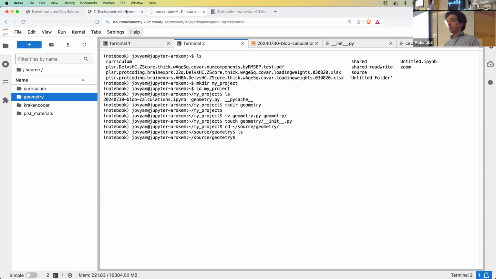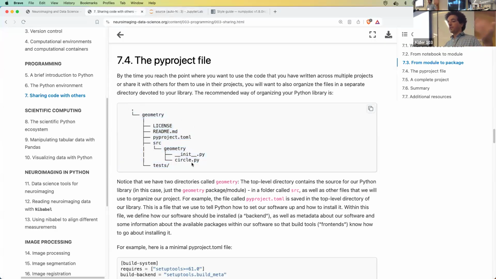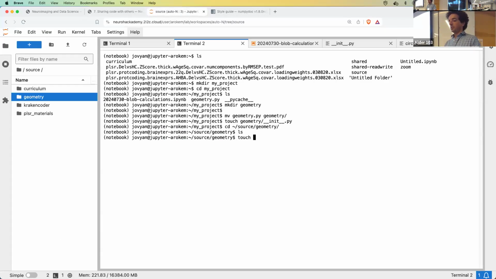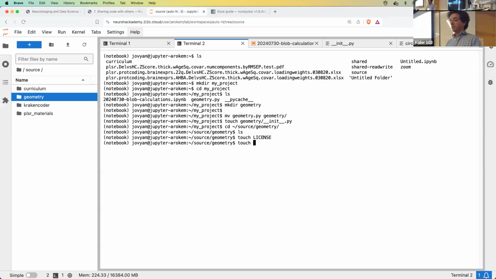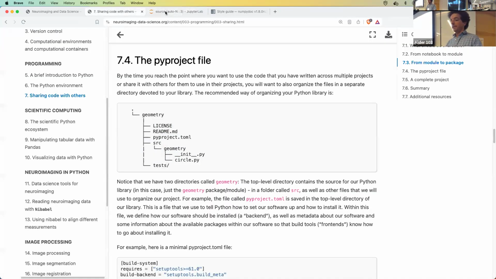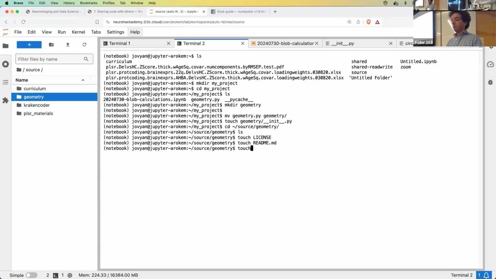Inside of this geometry folder, I will replicate the file system structure that I have here. I will do all the things. I will touch a file called license; we'll come back to that one in a little bit. I will touch a file called readme.md; we'll come back to that one too. The pyproject file, which I just mentioned, and this file has the extension